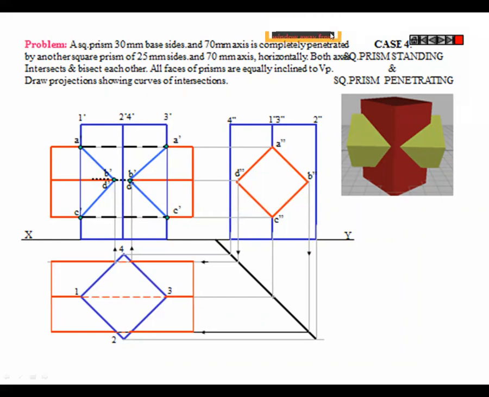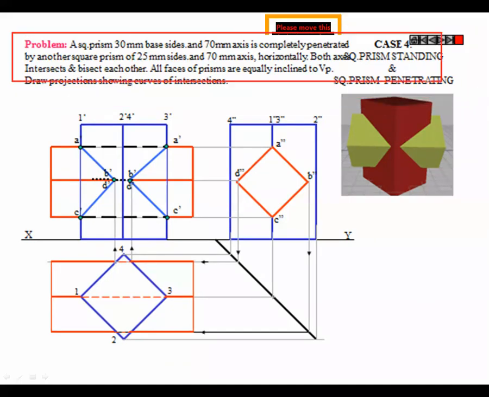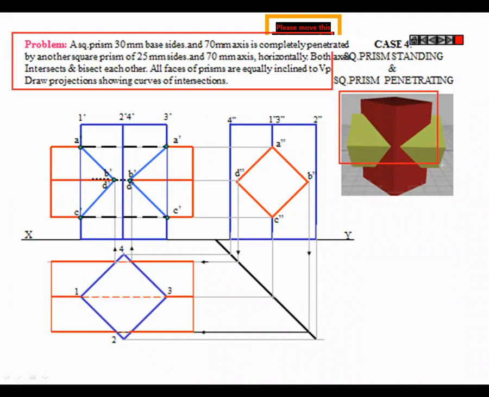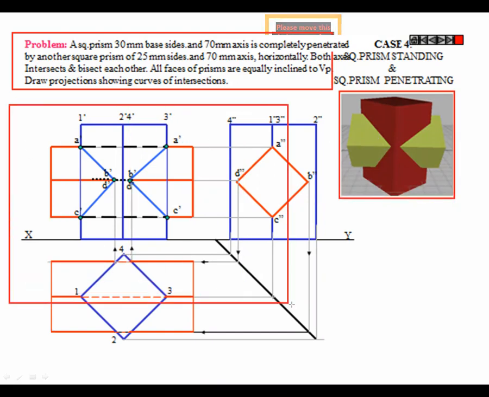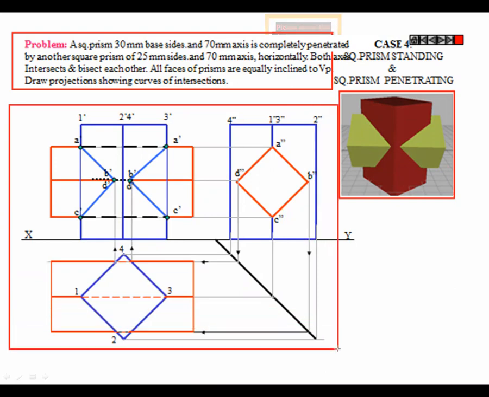This problem contains the problem statement. This is the problem statement. Then the 3D diagram in imagination like this way, and the solution is in front of you. This is the problem statement, 3D imaging diagram, and this is our solution for the problem.